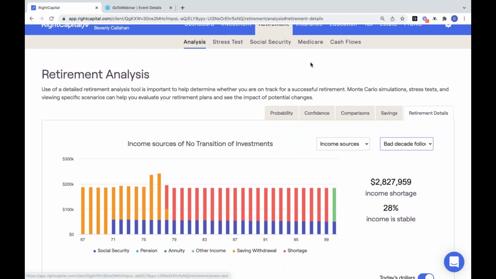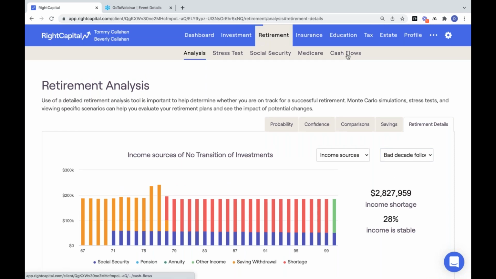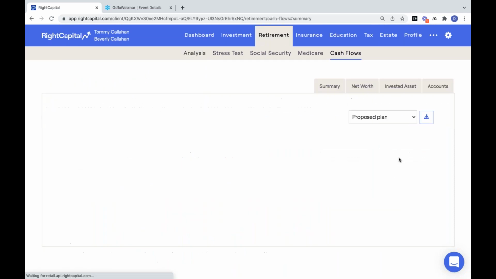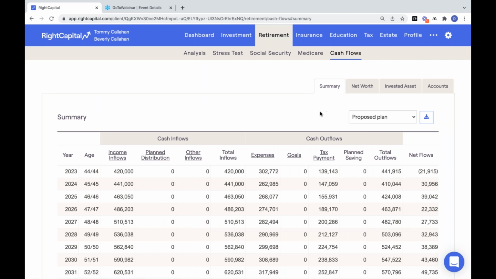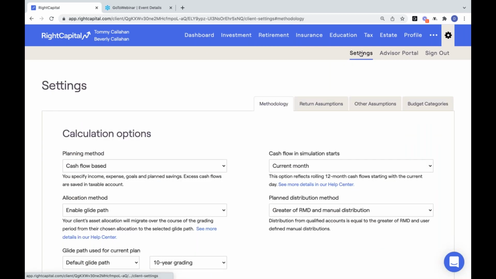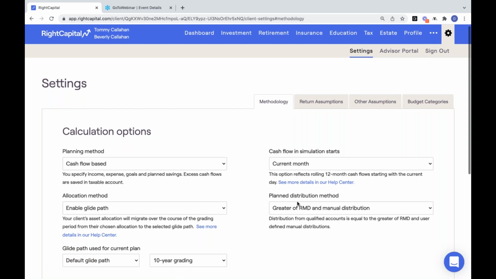And this retirement analysis area is one of the best places to do that. The last area where we can actually see the impact of those different sequence of return scenarios is the actual cash flow reports. And in this case, we will actually be able to toggle on different sequence of return scenarios here in the cash flows by just very easily visiting those same settings under the gear icon, settings tab,